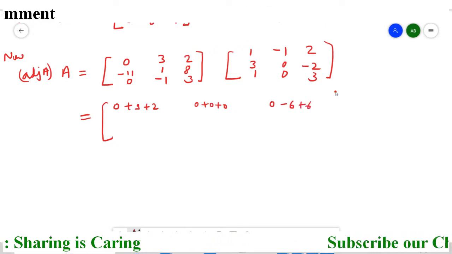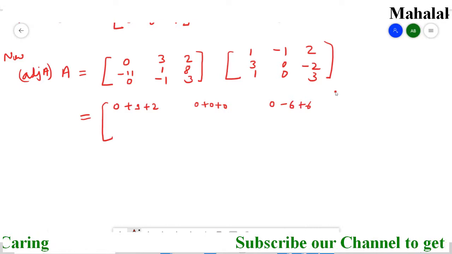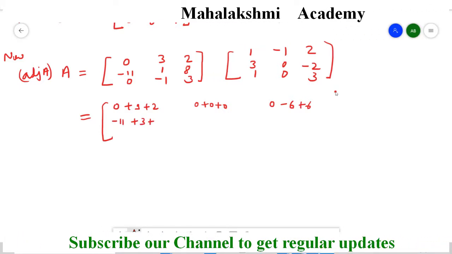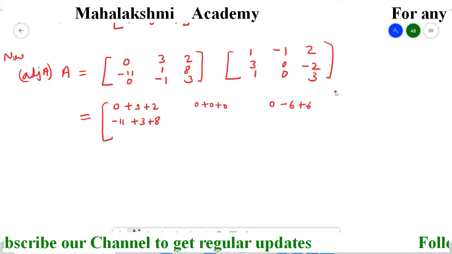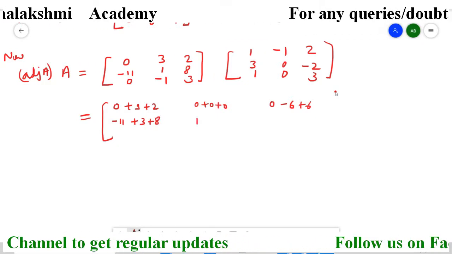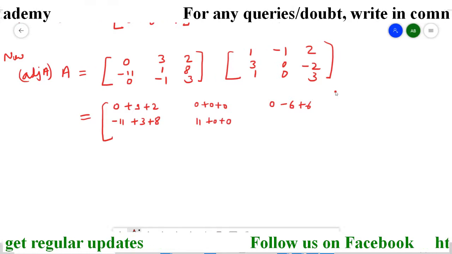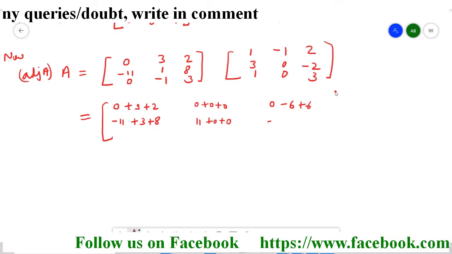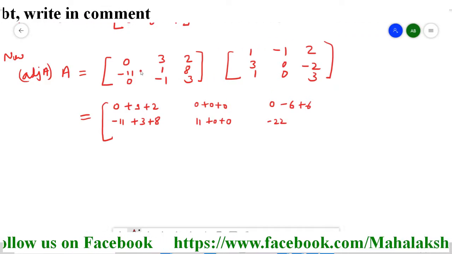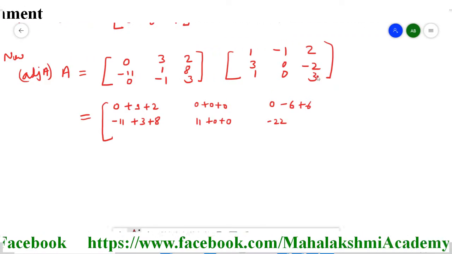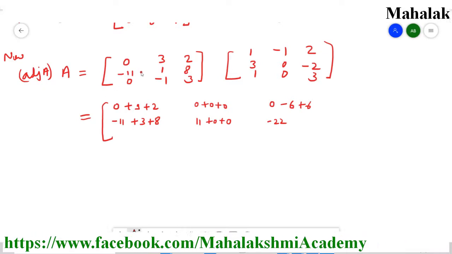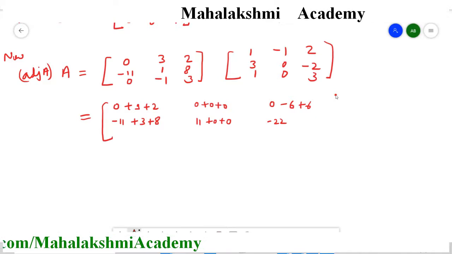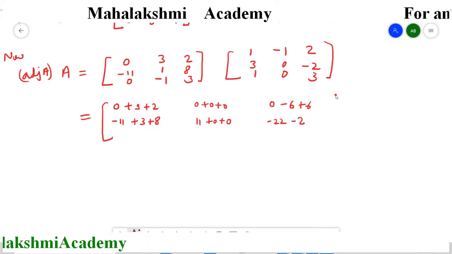And at this place 11 1s are 11 plus 3 1s are 3 plus 8 1s are 8. Then here you will get 11 plus 0 plus 0. Then 11 2s are 22. I am multiplying the second row by the third column. I hope you are getting it. Second row multiplied by the third column. So 11 2s are 22. Then minus 2